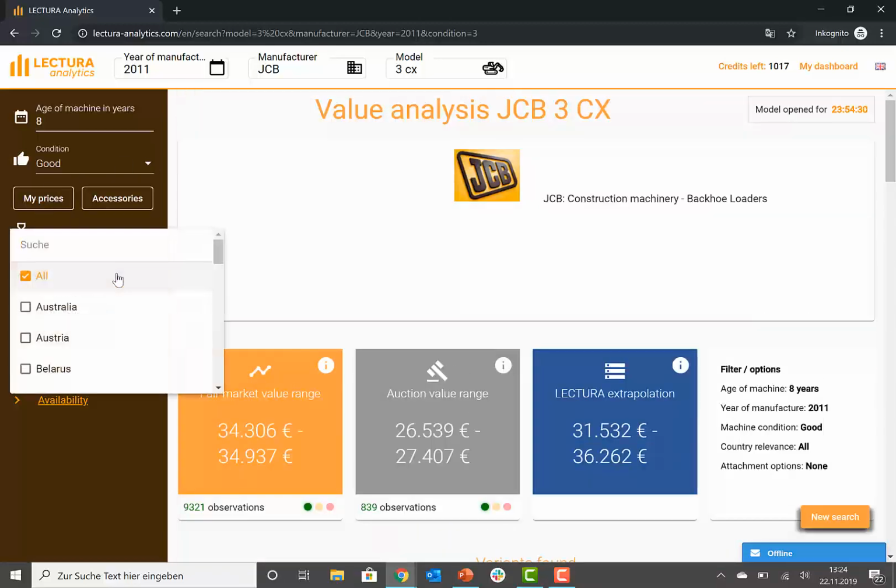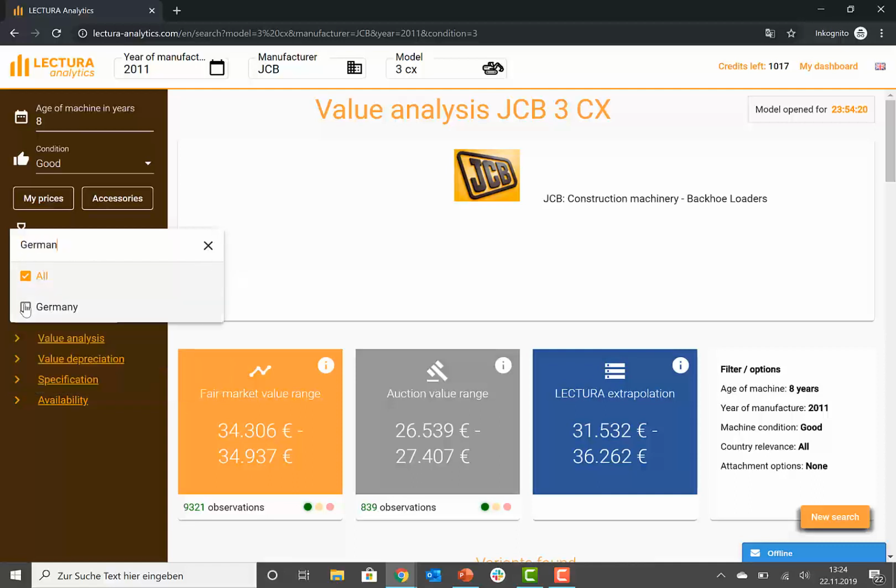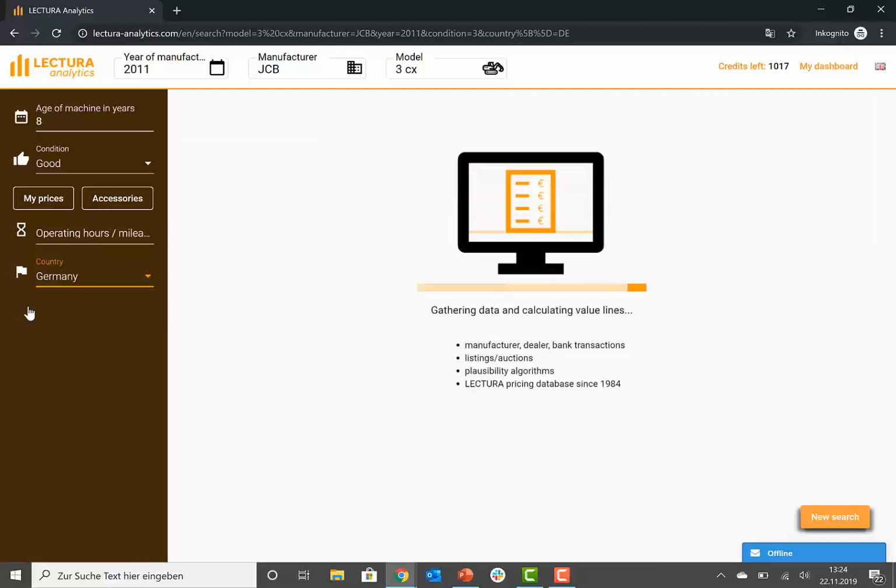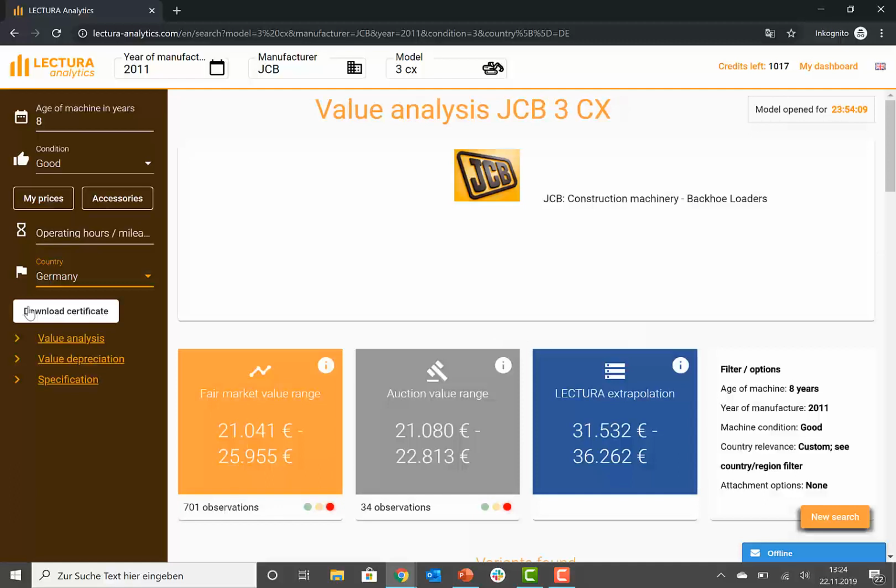So most likely you would dig down here very specifically. You can either choose it from the drop-down or maybe search for the country that you would like to buy or sell it in, and you will be provided with, let's say, the German price level of the